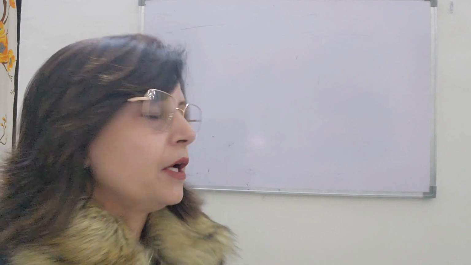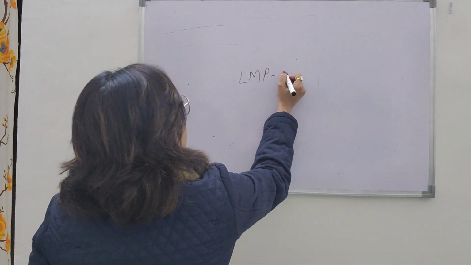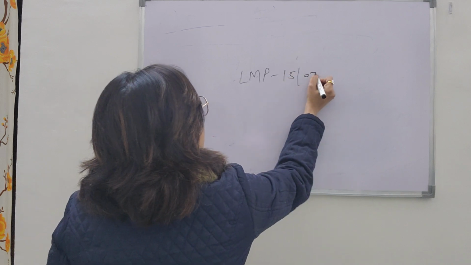So if a lady comes to you with a regular cycle of 28 to 32 days, and she tells you that the first day of the last menstrual period was on this date, that we take as LMP, then you can calculate the expected date of delivery or EDD by Naegele's formula that we all have been doing. What we do in Naegele's formula, we just write down the LMP. Like if the LMP is, suppose,